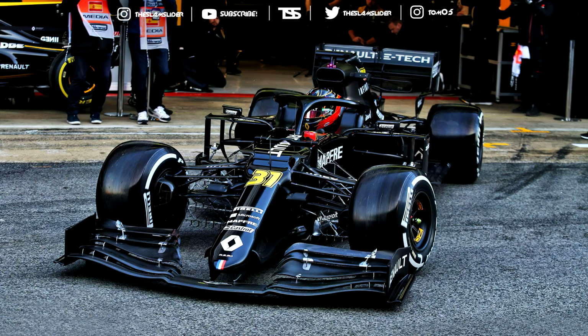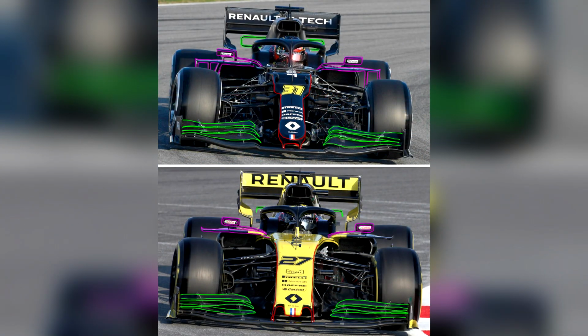technically analyzing this car, there are definitely some changes in the aero, and I'm going to show you guys today. We're going to start from the front of the car, and as you can see, a lot of lines already. As you can see in the image, thankfully I found these side-by-side images on the internet, so I didn't have any work to put the cars side by side, but I had the work to put the